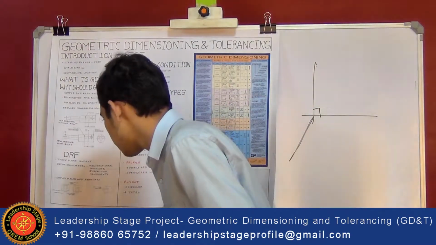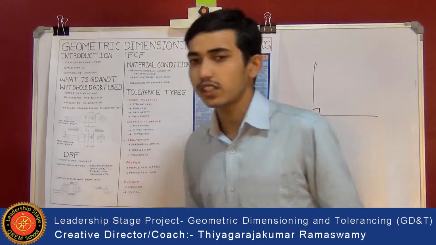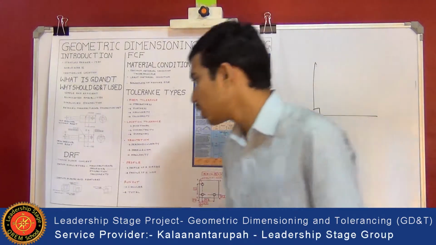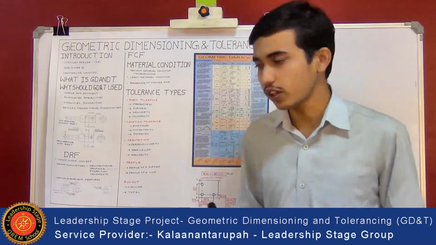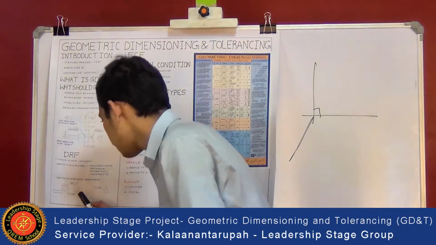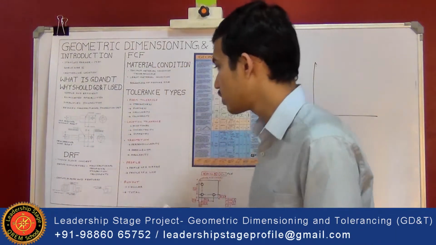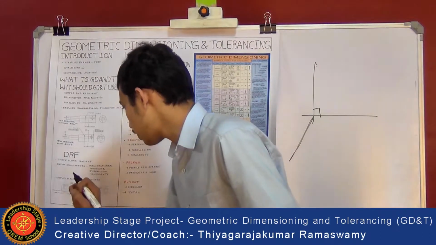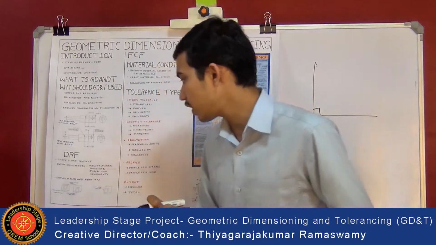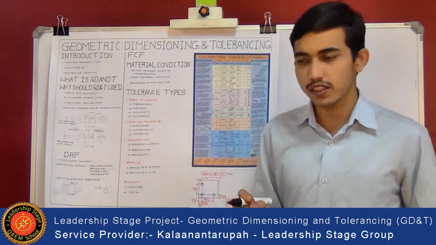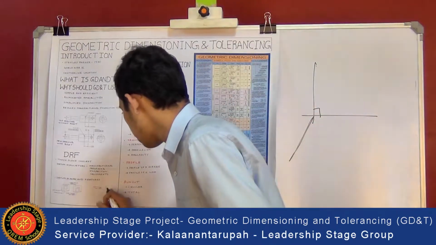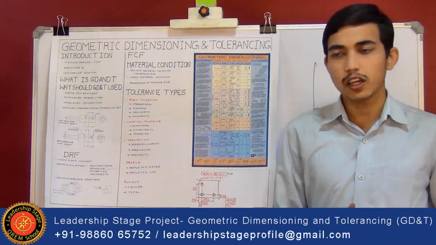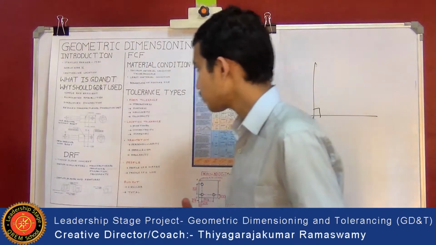In the primary datum feature, there are minimum 3-point contacts, and it is the feature that is contacted first. In the secondary feature, the second feature is contacted, which means in the secondary datum plane a minimum of 2 points make contact. You can see from this diagram that here 3 points are in contact, here 2 points are in contact. In the tertiary datum plane, a minimum of 1 point is in contact, that is, here only 1 point is in contact. Considering these datum planes simultaneously, we can obtain the datum reference frame.